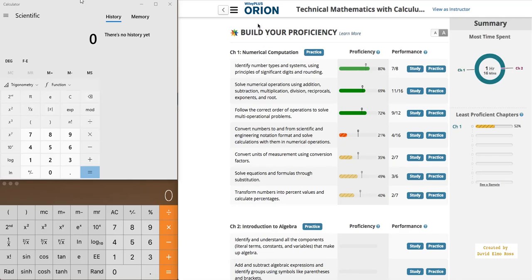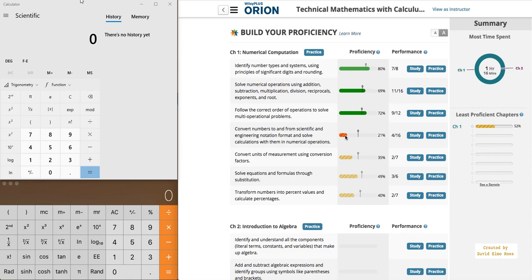Now, one of the most powerful tools I've seen so far is Wileyplus Orion. What it does is allows you to build your proficiency in math by practicing and keeping track of how proficient you are in each of the various topics that you've got in math. And by keeping track of this, it allows you to see how well you're progressing. And it seems I'm progressing fairly well here, but I seem to have some problems here. So this means this is where I'm going to have to go back and focus on before any major test